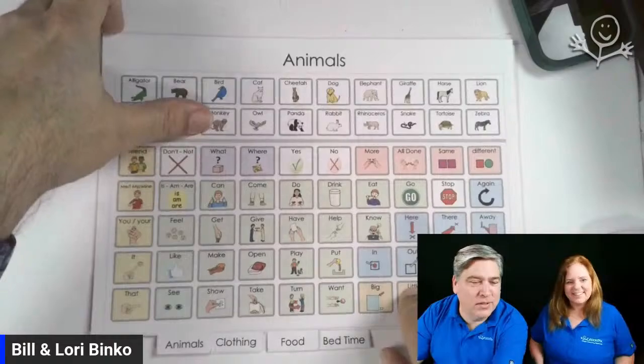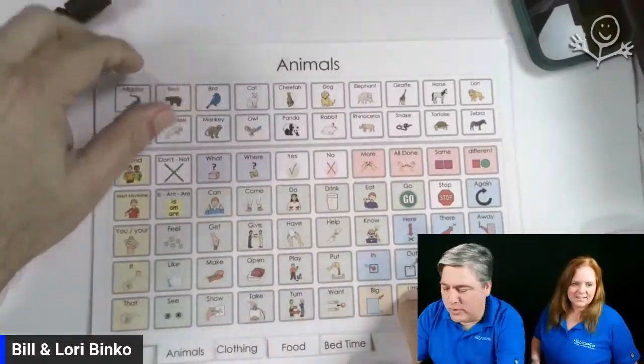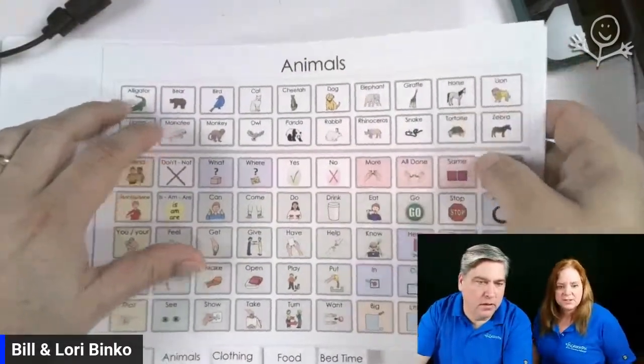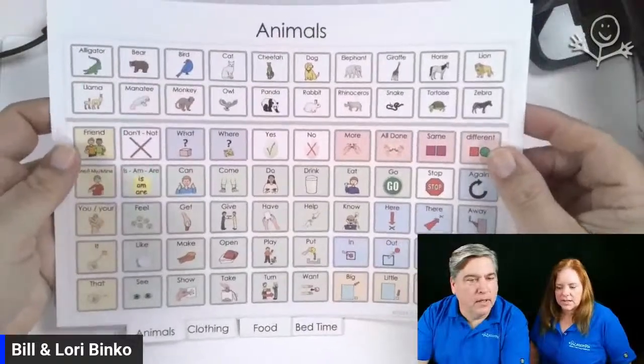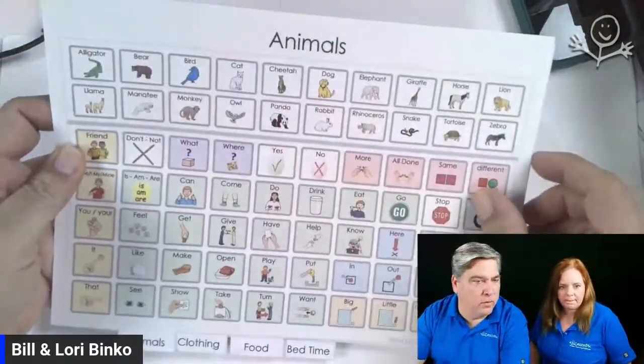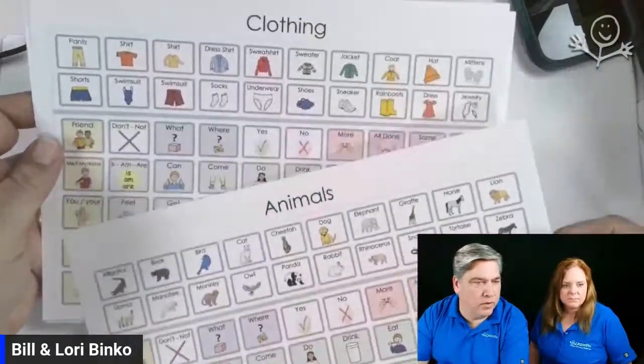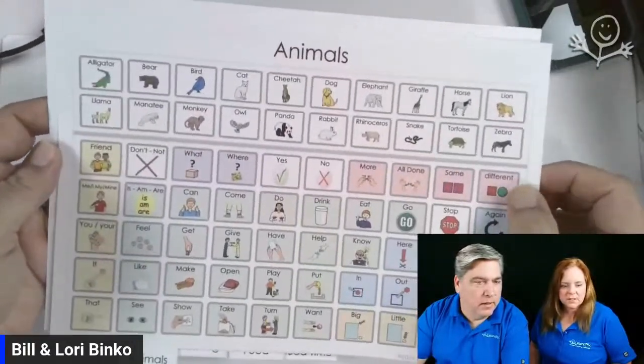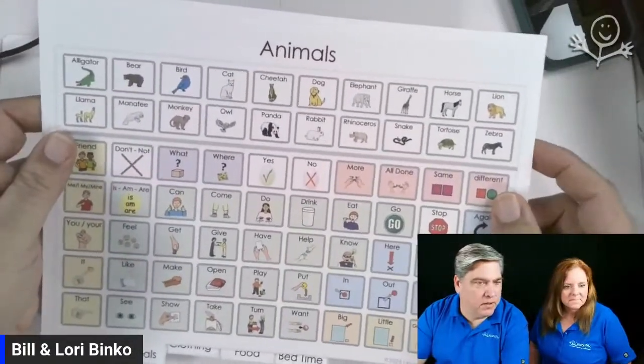All right, so here's a tabbed communication book. This is where we just did duplicate page, where you can just copy. So you made this part, and then you duplicated it, and then you made copies with all your fringe on top. Just different fringe on different boards. And so you might place this